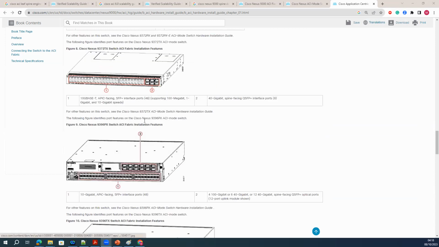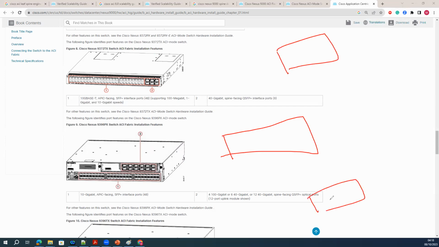So let's talk about the connectivity. When you purchase your leaf switches, your spine switches, and your APIC, between leaf and spine, on the leaf switches you will have 6 reserved ports.